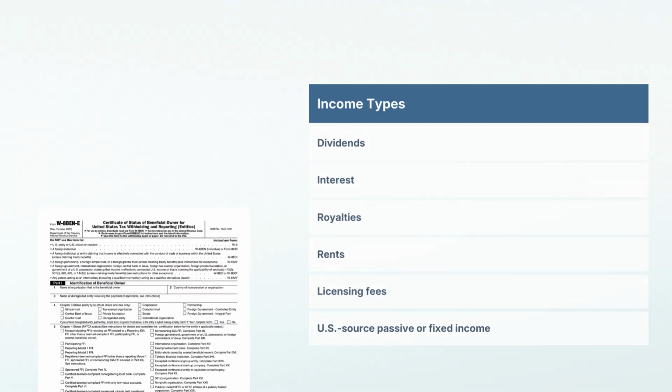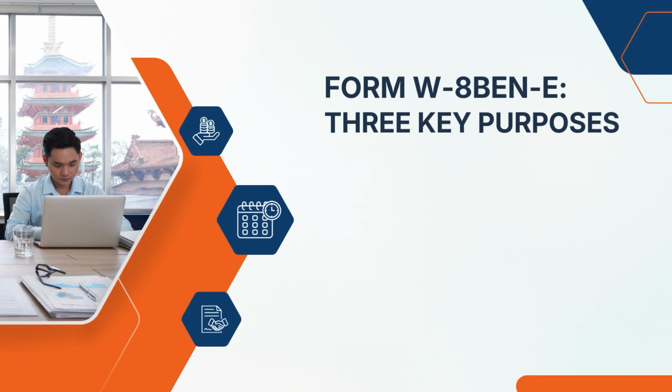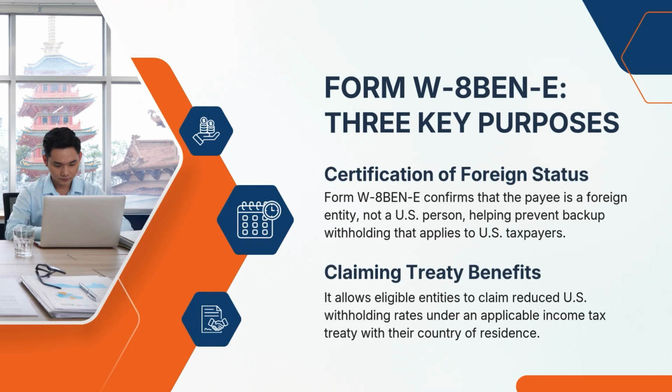The form serves three primary purposes. First, it confirms that the payee is a foreign entity rather than a U.S. person, preventing backup withholding that applies to U.S. taxpayers. Second, it allows the entity to claim a reduced rate of withholding under an income tax treaty between its country of tax residence and the United States if one applies. Many U.S. tax treaties reduce withholding to 15%, 10%, 5%, or sometimes 0%, depending on the type of income and